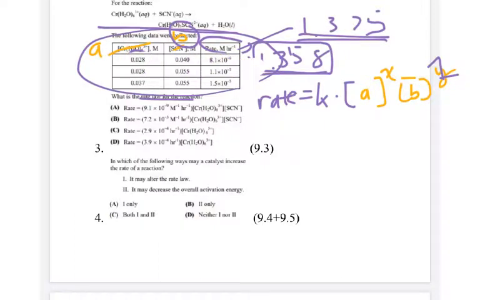Well, the nice thing about this is that this is kept constant while this changes. So we know that we can multiply 0.028 by something to get 0.037. So 0.037 divided by 0.028, and we get that it is multiplied by a factor of around 1.32. Now what about the rate? 1.5 times 10 to the negative 5 divided by parentheses 1.1 times 10 to the negative 5. And I get that the rate change for this one is going to be around